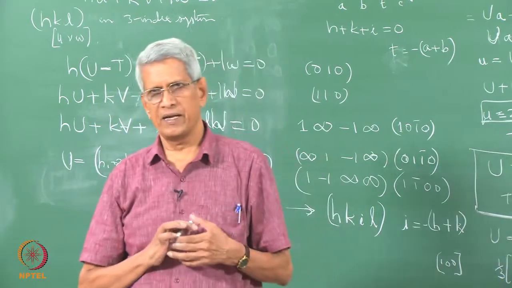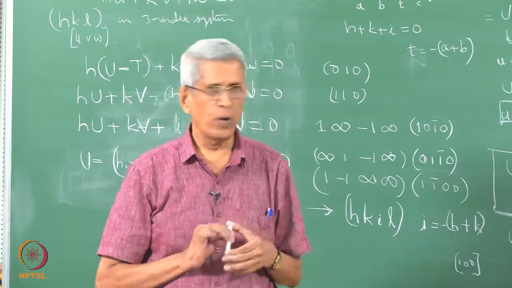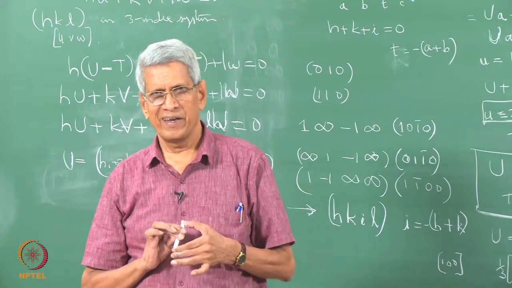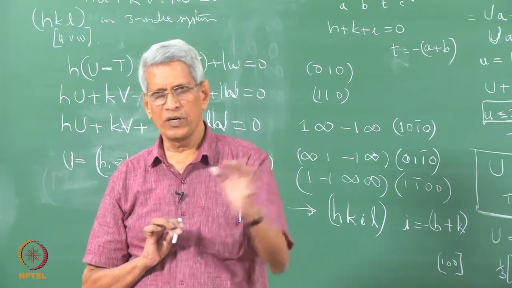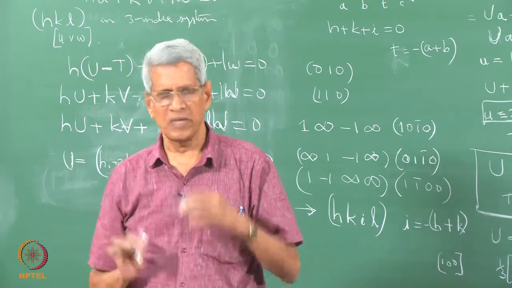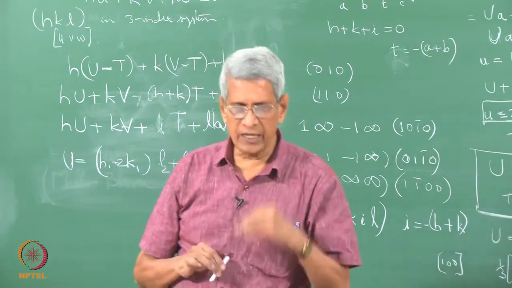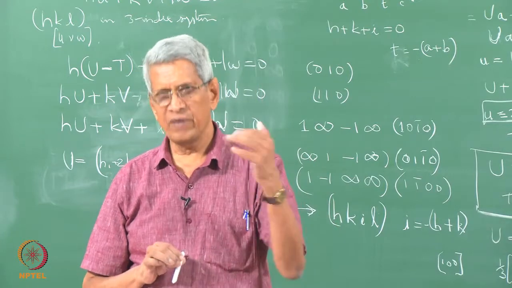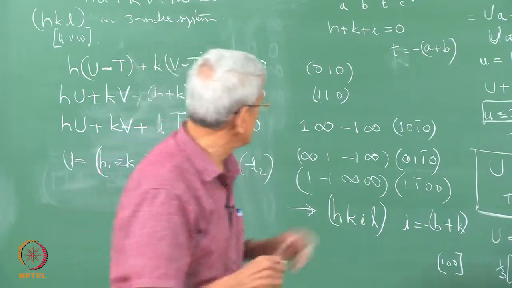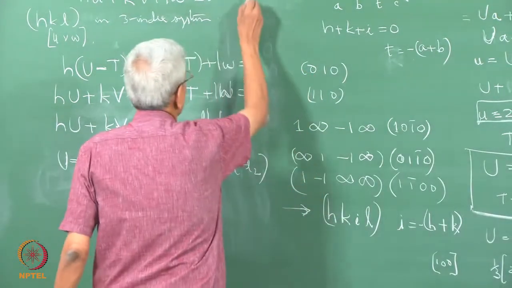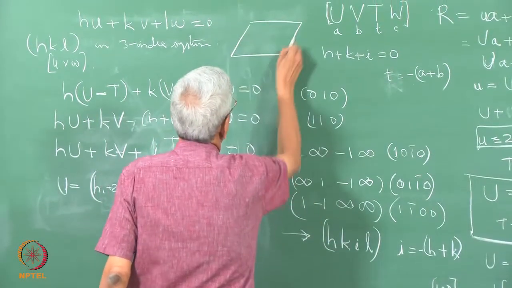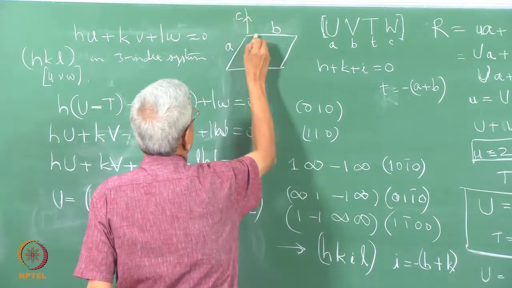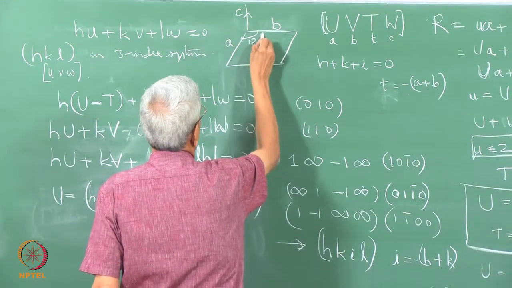Another thing that is quite often done is how to represent a 3 index system in a 4 index system, that is, how the hexagonal crystal system is to be represented. Another way in which a hexagonal system can be represented is with another 3 index system, because in this case, what we considered as the unit cell has A, B, and the C in this direction, and the angle between them is 120 degrees, correct.